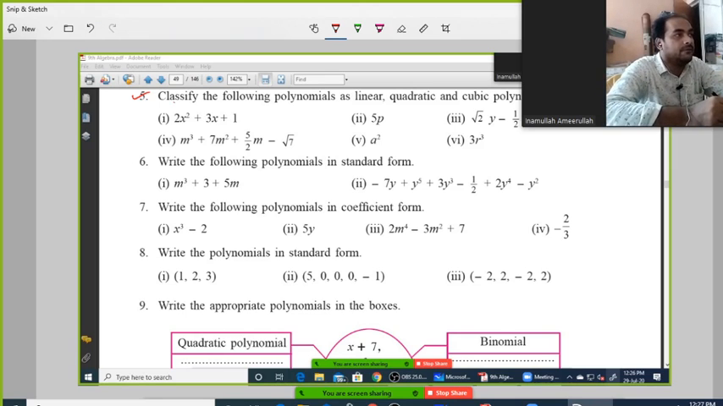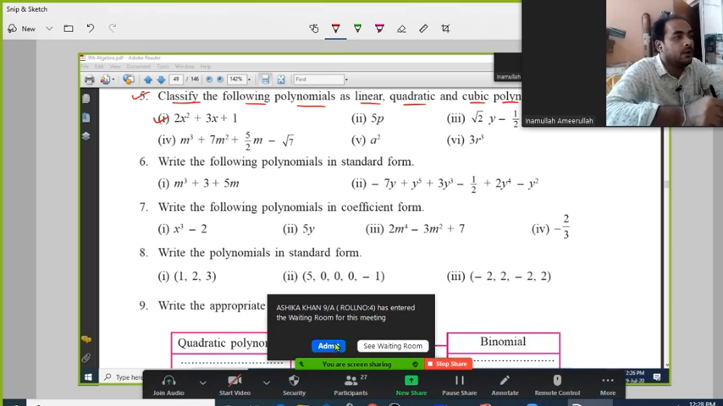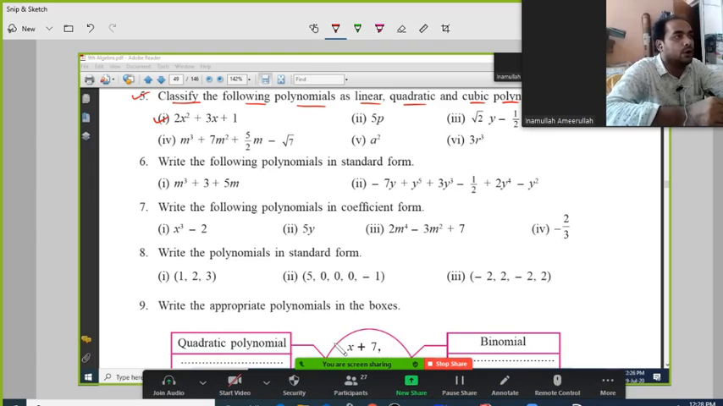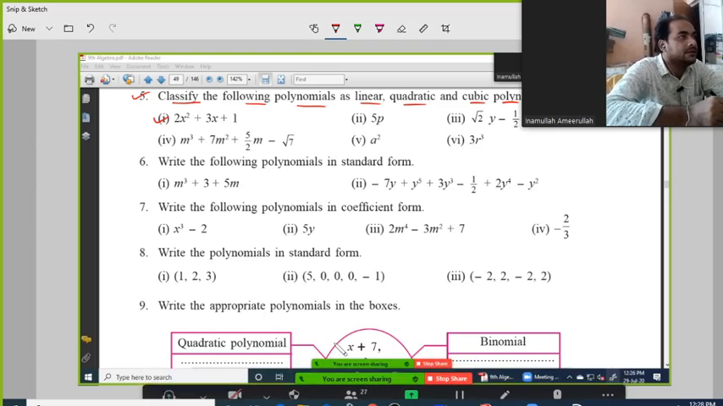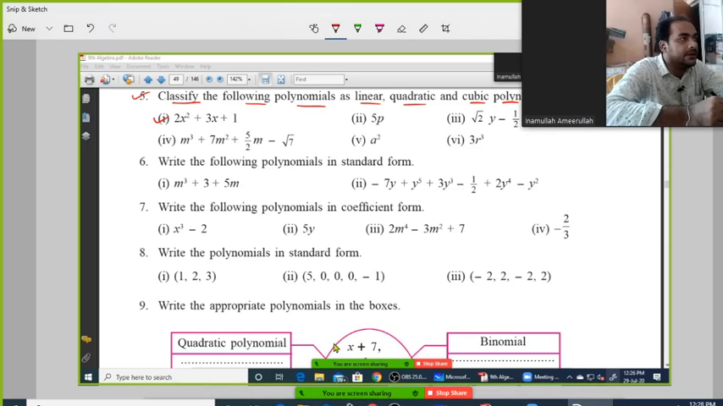Question number 5. Classify the following polynomials as linear, quadratic, and cubic polynomials. So there are 6 polynomials. This is your first polynomial. You need to decide whether it is a linear polynomial, quadratic polynomial, or cubic polynomial. Since the highest degree of this polynomial is 2,